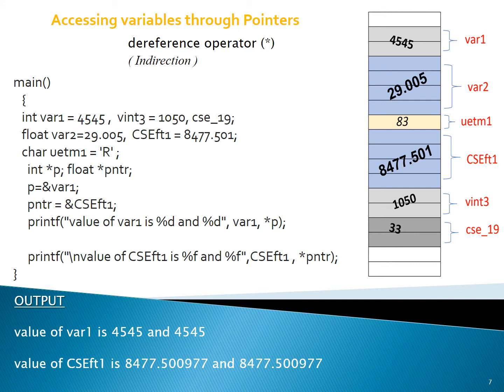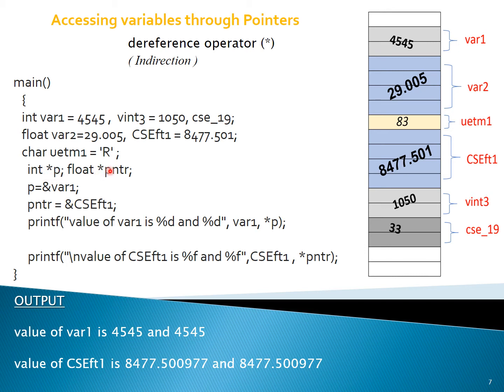Now let's try to access the variables using pointers. This is the dereference operator, or sometimes it is referred to as the indirection operator. In this example, again, we have 3 integer variables, 2 float variables, and 1 character variable. Then we have 2 pointer variables, and we discussed earlier that this is the integer pointer variable, and this is